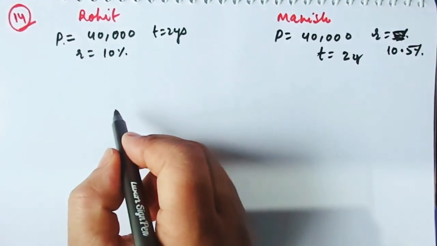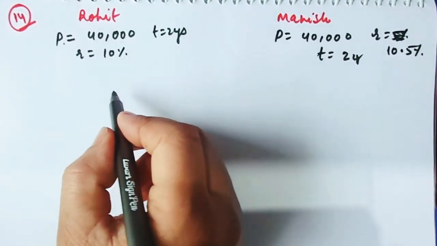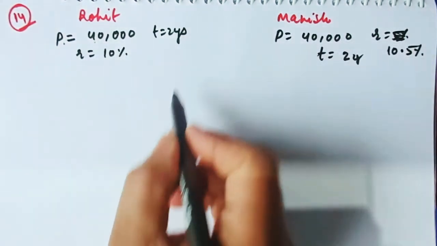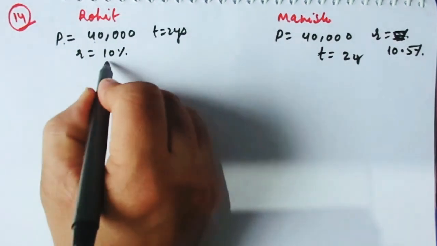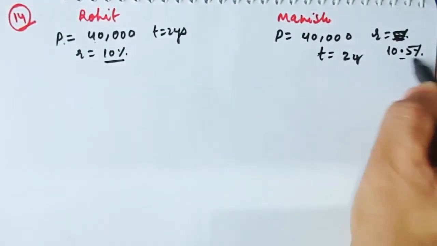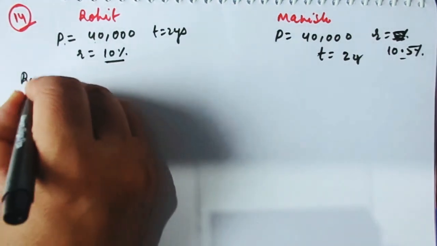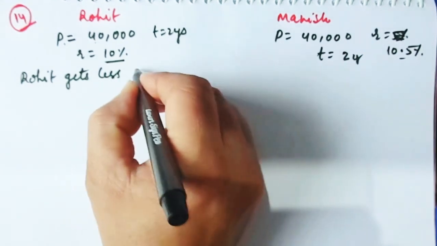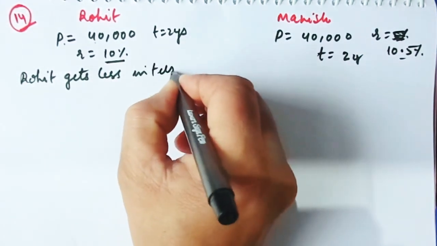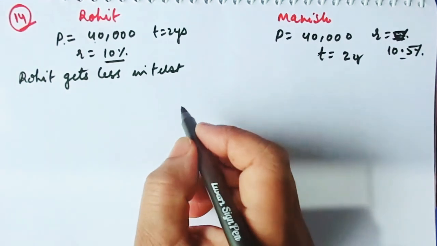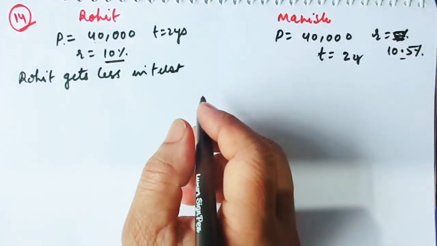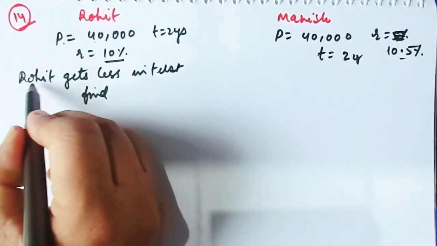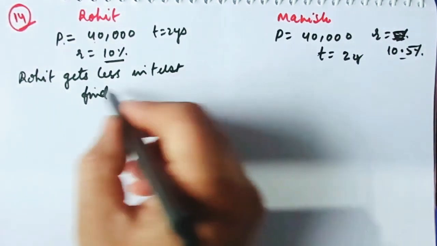They are asking that which of these gives less interest and by how much? तो दोनों का प्रिंसिपल सेम है, टाइम इज सेम, रेट दिस इज लेस, दिस रेट इज लेस देन दिस वन, तो नेचुरली रोहित gets less interest। वेरी गुड। तो कह रहा है डिफरेंस इन कंपाउंड इंटरेस्ट निकालिए। तो जब आपको पता है कि रोहित गेट्स लेस इंटरेस्ट, देन फाइंड